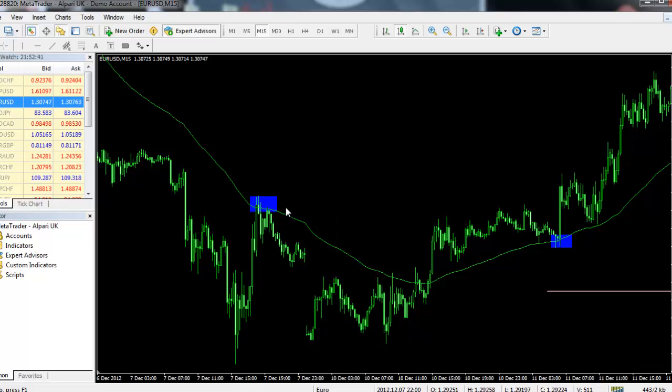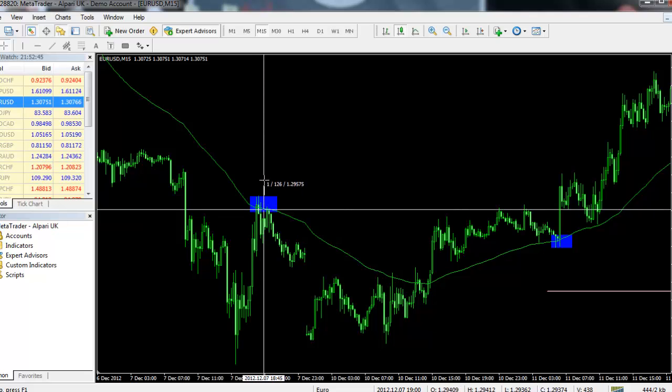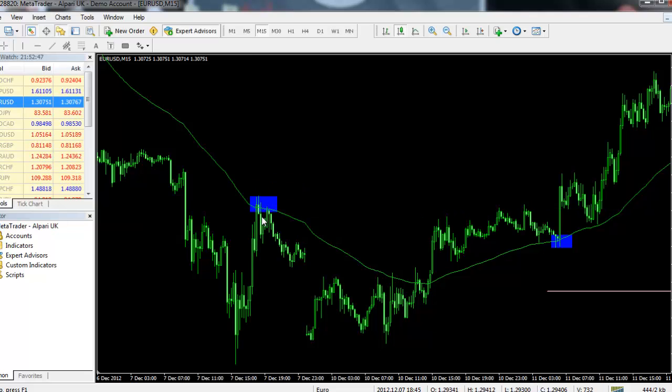It comes, touches the ATMA, that's when you sell. Again, you put your stop loss 15 pips above the ATMA, and your first target is 15 pips below the ATMA. So what you're trading is the bounce off of the ATMA and trying to extract as many pips as you can